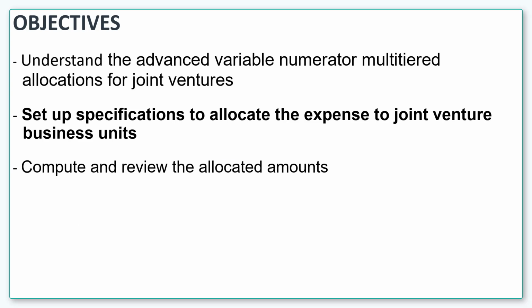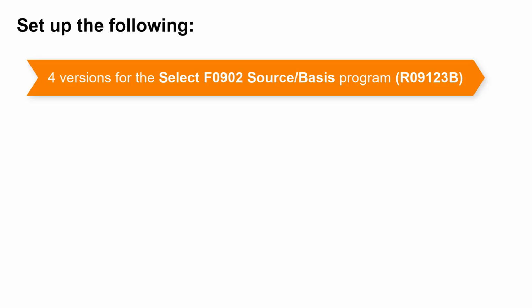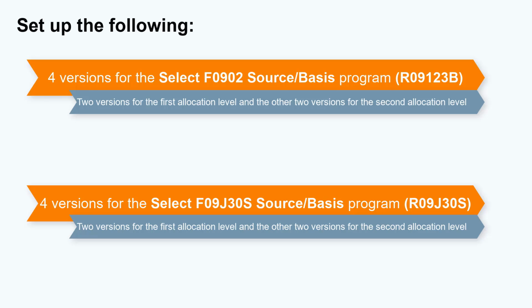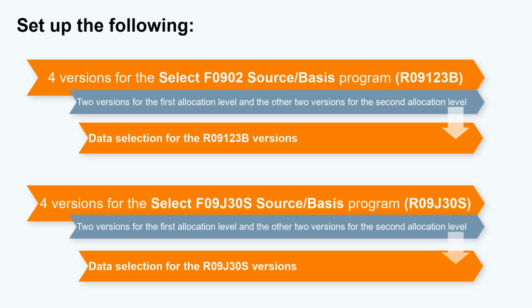To use the joint venture based allocations, you must set up the following specifications. Set up 4 versions for each of these programs. The select F0902 source basis, the R09123B program, and the select F09J30S source basis, the R09J30S program. 2 versions of each of these programs will be used for the first level of allocation and the other 2 for the second level of allocation. You will use the data selection of these versions to specify the source and basis data for the 2 allocation